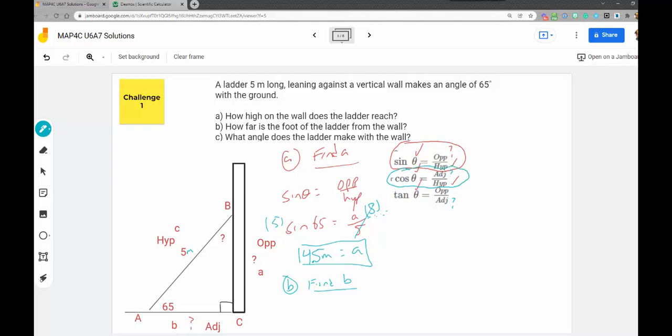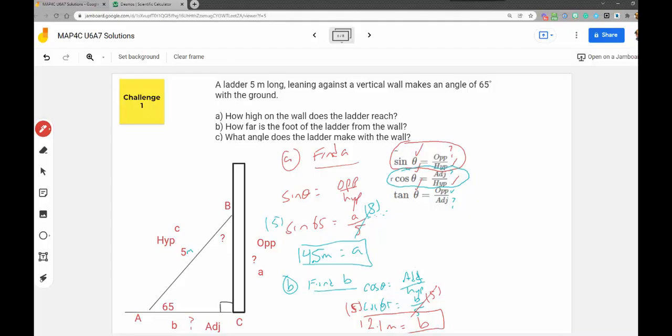I do know the opposite now, but I'd rather not use that calculation, because what if I made a mistake? Plus, I like the adjacent because it's on the top of the fraction, makes life easier for me. So I've got cos theta equals adjacent over hypotenuse. Cos 65 equals the adjacent, which is b, over hypotenuse, which is 5. Sorry, I'm squishing it a little bit. I want b on its own, so I'm going to multiply both sides by 5, and 5 divided by 5 is 1, so I'm just left with b equals 5 times cos 65, which is 2.1